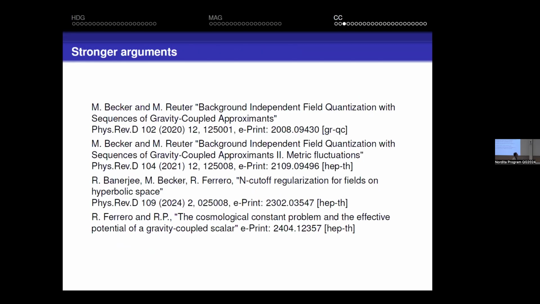More recently, there was this paper by Becker and Reuter whose criticism is more drastic. They say, if you do this type of calculation, you are basically computing the energy momentum tensor of your quantum field in flat space, but then you find that space has to be highly curved. So you do a calculation in one space, but the result is another space. You are way, way off shell in some sense. And they instead try to do the calculation in a different way that I'm going to illustrate.